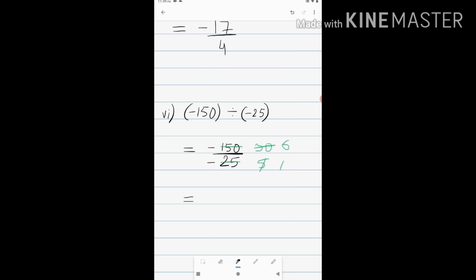We have reached the point where we have to write the answer. So again, now the numerator and the denominator both have a minus sign. So minus and minus sign also gets cancelled here. So they both vanish and our answer becomes positive. So answer will be 6 upon 1. You can also say your answer is only 6. Like I told you, whenever there is 1 in the denominator, no need of writing it.